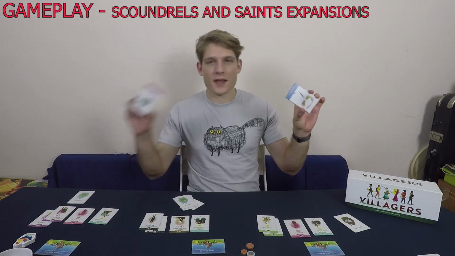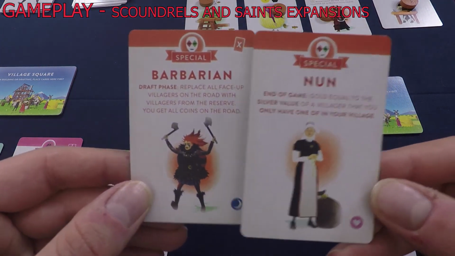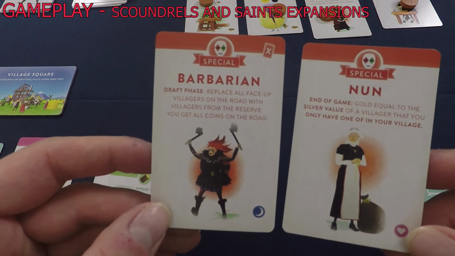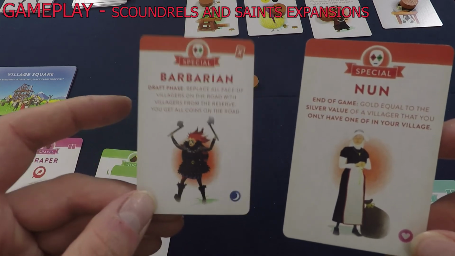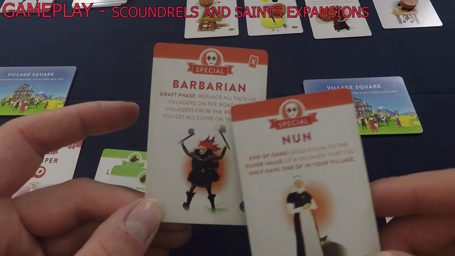The last thing I'm going to talk about are the Scoundrels and the Saints. The Scoundrels and the Saints are special cards that you'll start your hand with, and you'll have one of each type dealt to you at the beginning of the game. 1 Saint and 1 Scoundrel. Basically, they're just cards that you can keep in your hand and play at a specific time for a bonus. For example, the Barbarian says, discard this card in a draft phase and replace all face-up villagers on the road,